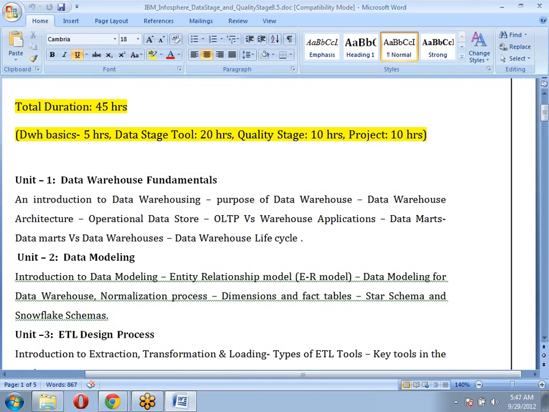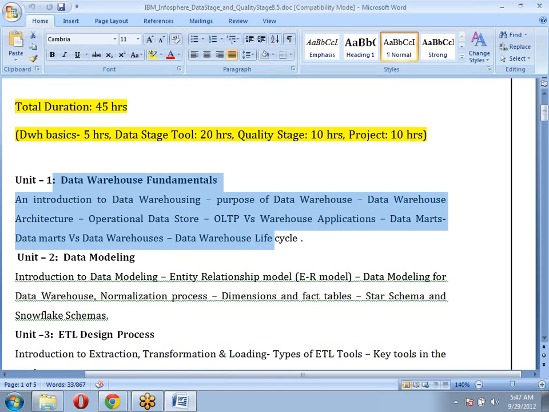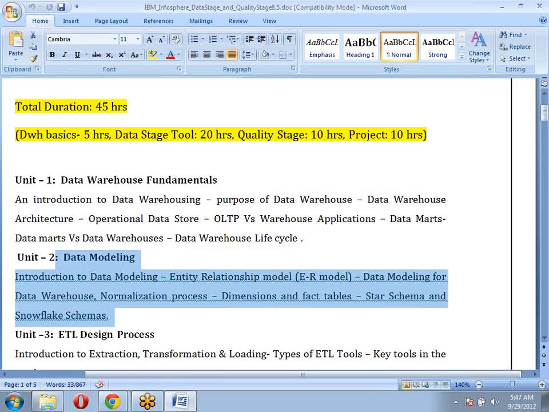These are all the things we are going to discuss in the fundamentals, in the first part of this basics part. Once this basics part is completed, then we'll go for basic modeling, because we are not applying for a position of data modeler, but as a developer or as a DataStage ETL person, we need to know at least basic information about modeling also.